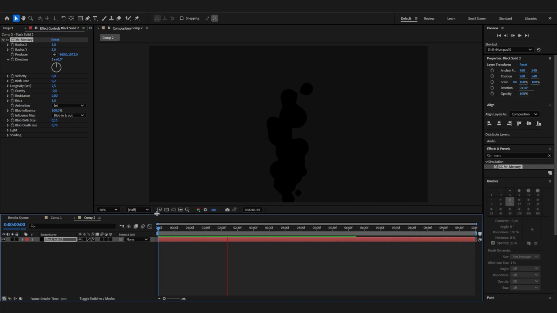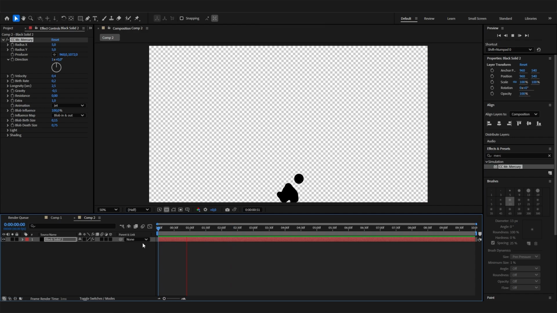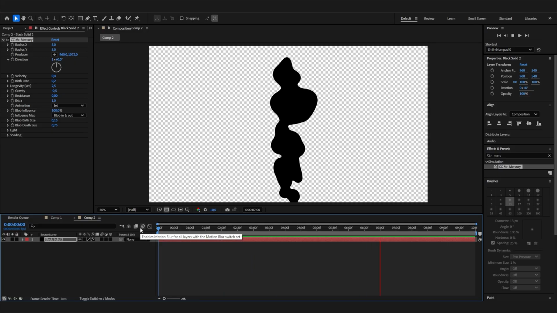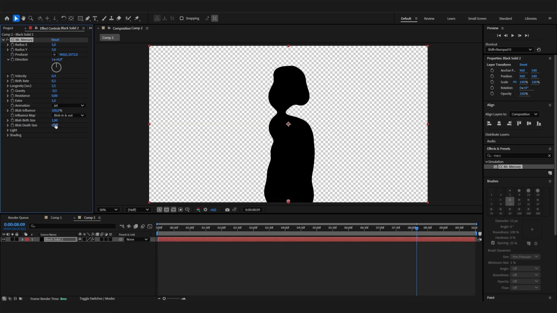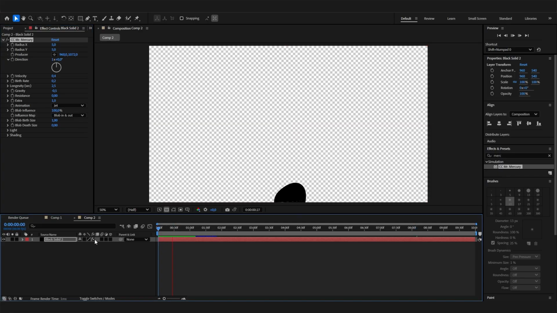But we can see there's not much contrast, so let me turn off the background for a second. So we can see this will just go upwards, but it doesn't really look like fire. It lacks the real shape, so let's change that by changing the blob birth size to something like 1 maybe, and the death size to 0. And now we have this amazing effect.